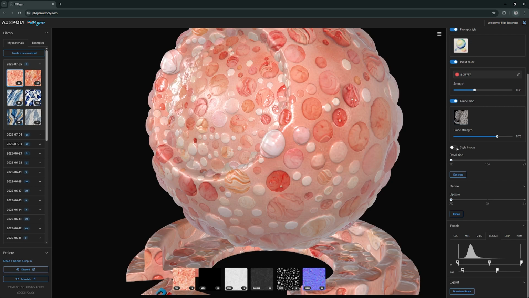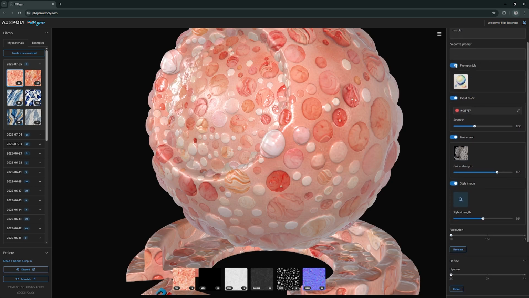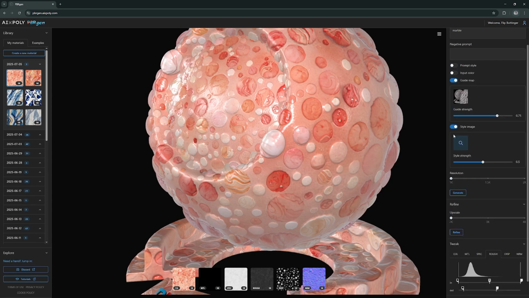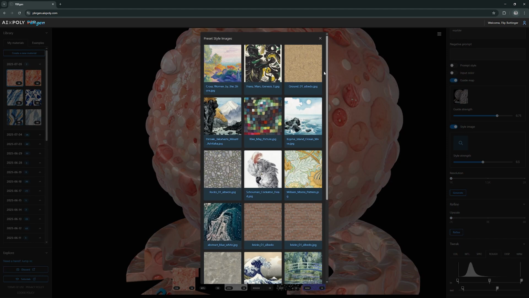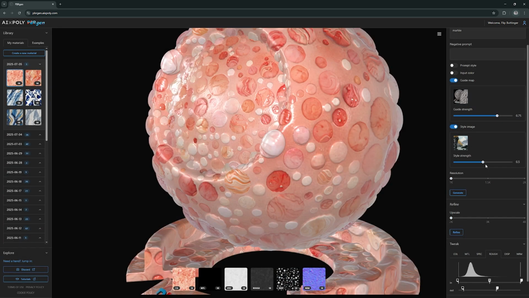And for the last input, which is the style image, I think it's handier if I turn off the prompt style and the input color, so you can see more clearly what it does. This is an image that you can use, and the generation process will try to really capture the style. So not only the color, but also the structure of the thing. I'll turn the strength to 1 so you can see the best what it does. And if I hit the generate button,